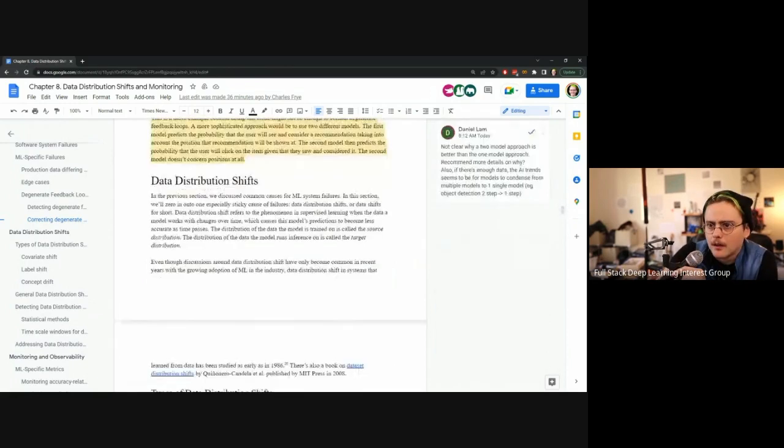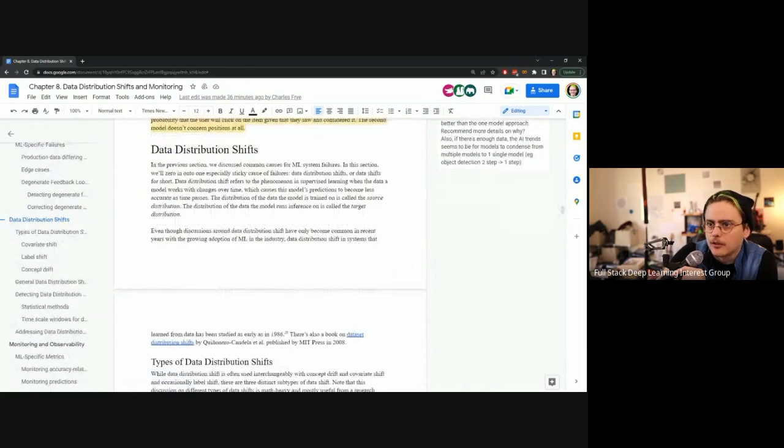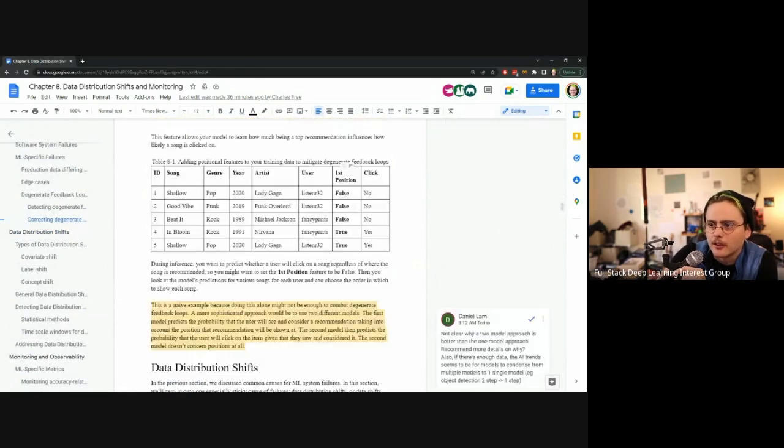Yeah, they talked about positional features and trying to take into account some of the most egregious forms of feedback loop, where whatever you put at the top is most likely to get clicked on. So maybe you should take that into account when building your model. Treat it as a covariate, as you would put it in statistics, and try to pull out the effect of which position something was ranked in before you decide whether that was a successful recommendation because of the content or just because of its position.